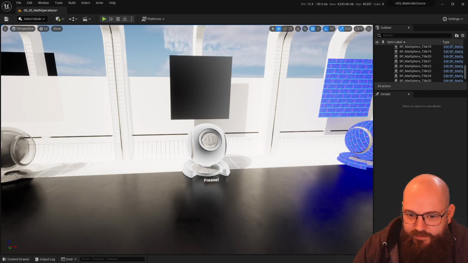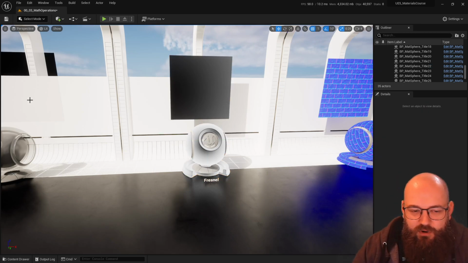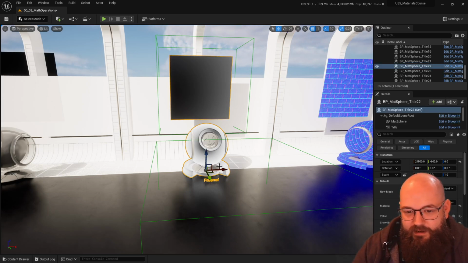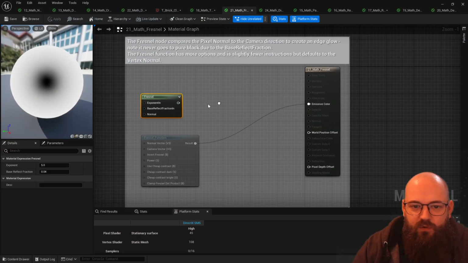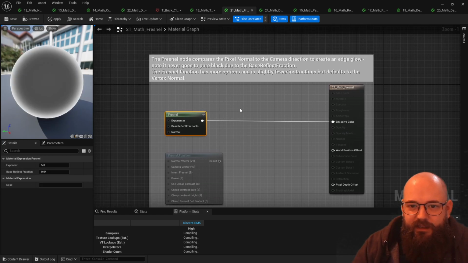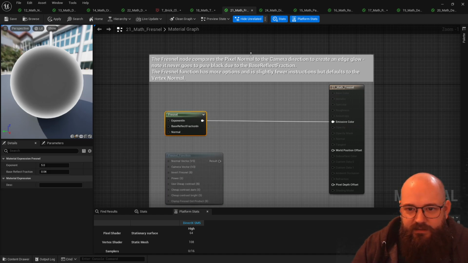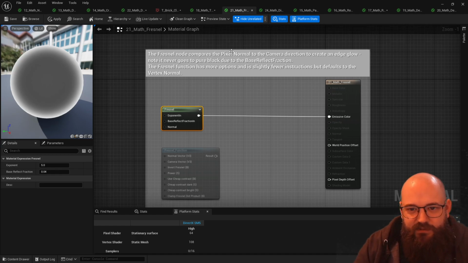Right, for this next one we have already covered Fresnel as a topic when we talked about the dot product. The dot product is a way of making a Fresnel calculation, but there is also an inbuilt node called Fresnel. Now personally I never use this one. It is a Fresnel based on the pixel normal, and again when we cover input nodes we'll discuss the difference